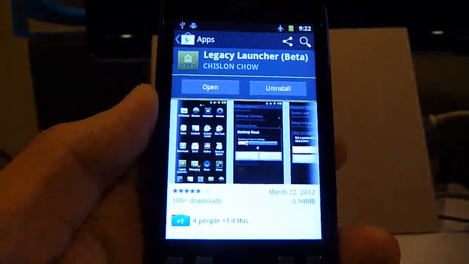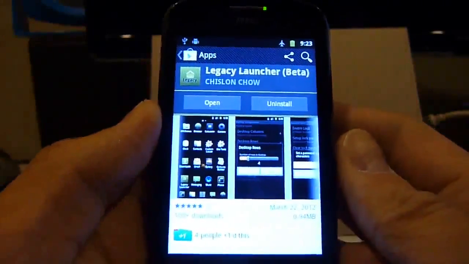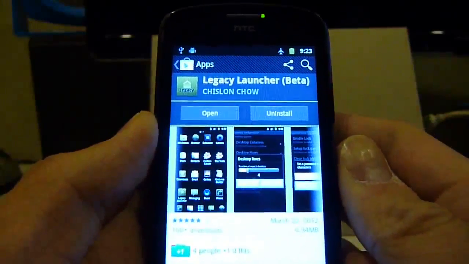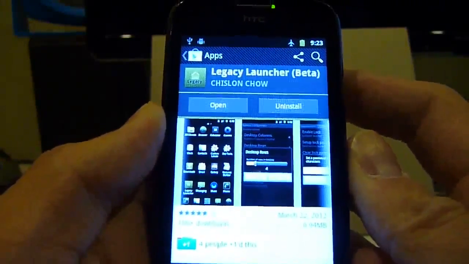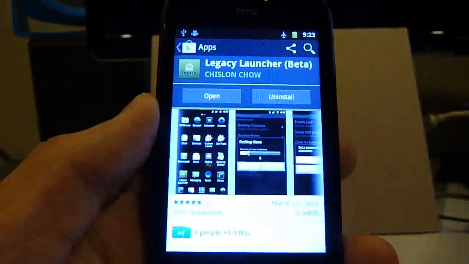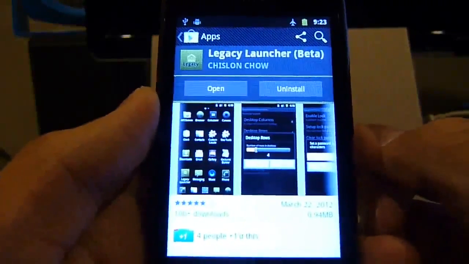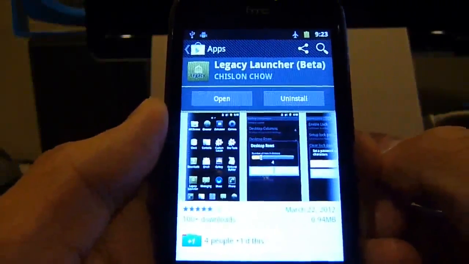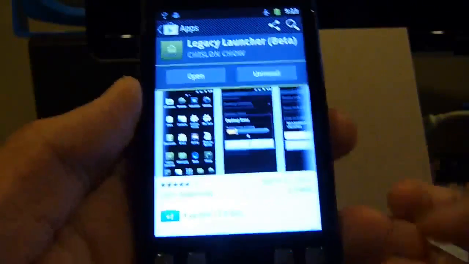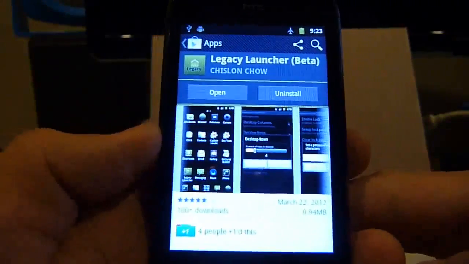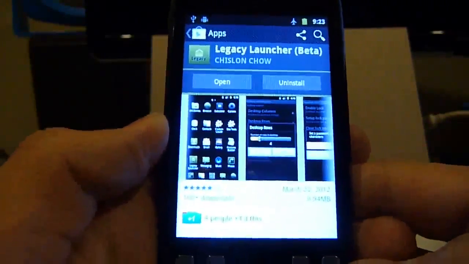Legacy Launcher is a home screen replacement application based on ADW Launcher. ADW Launcher, the free version, has been one of the most popular home screen replacement applications on the Android market, or the Google Play Store, for quite some time. Unfortunately, it hasn't received an update in over a year, so I just decided to take the open source version